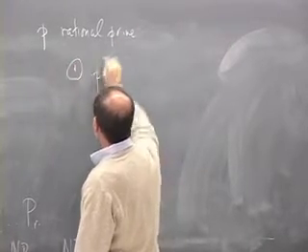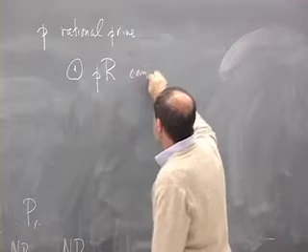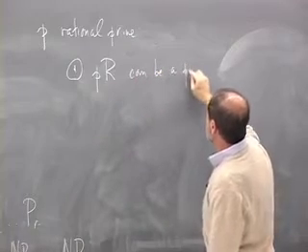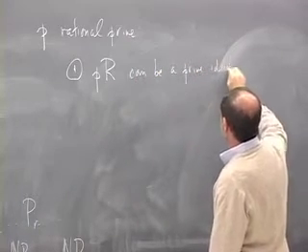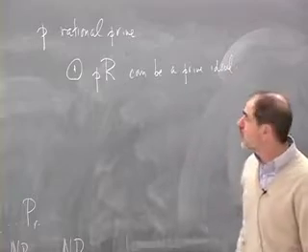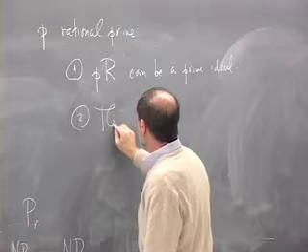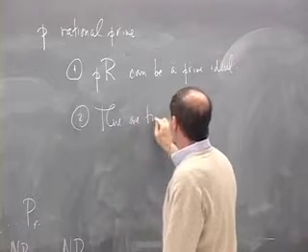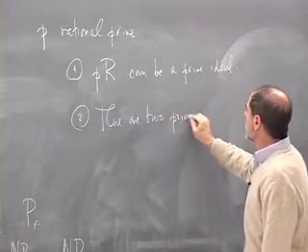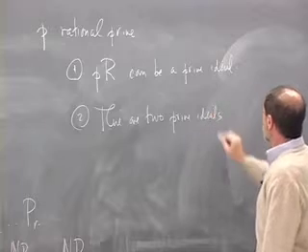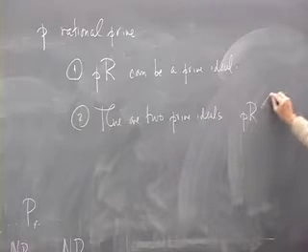One, pR can be a prime ideal. So it remains prime. Two, there are 2 prime ideals between pR and R,